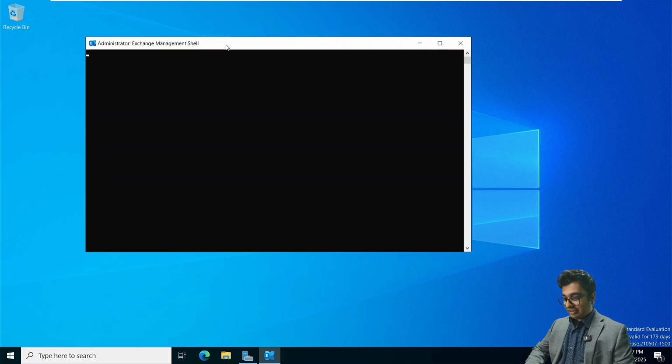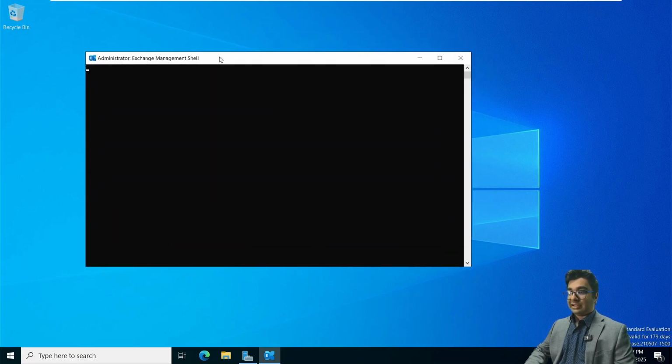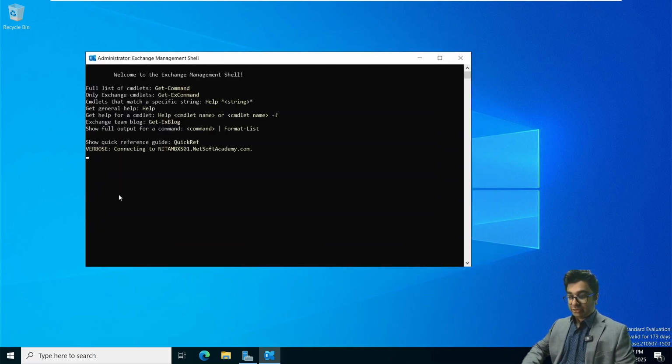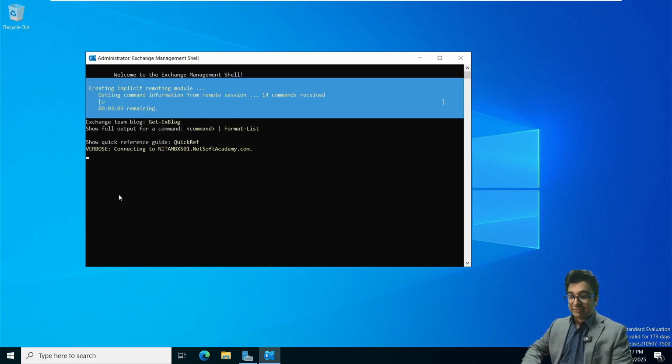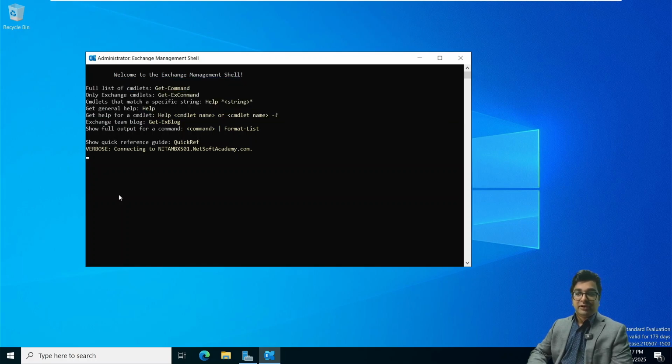You can see that this is taking a little bit of time here, and that is very common. It generally happens when it is deploying the resources and it is taking a little bit of time for the resources to get deployed, and you just have to wait. Worst case scenario, you might have to restart your Exchange server once or twice for everything to start working properly. Now once it says connected here,